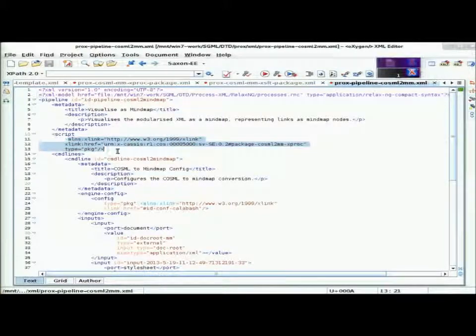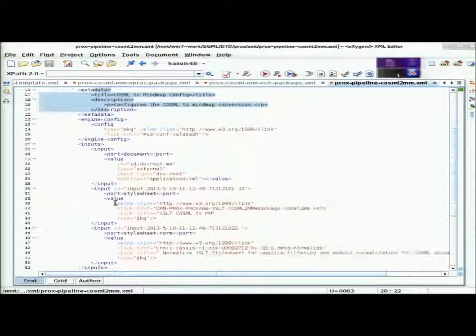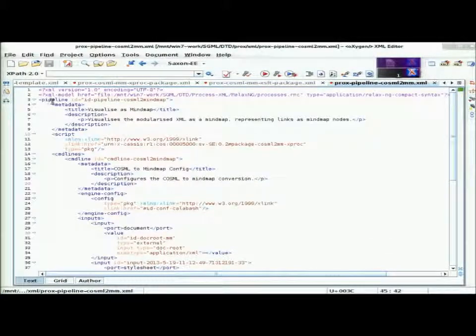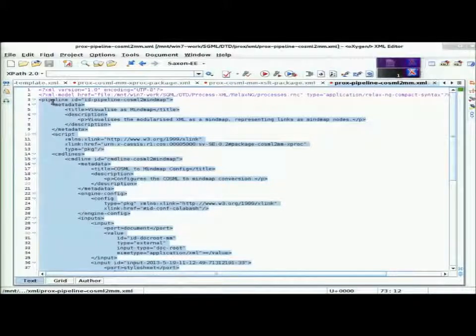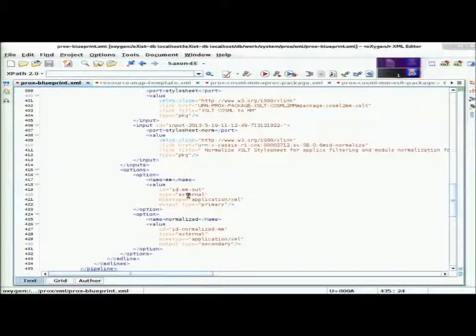There's an actual pipeline definition, a link to the package, the pipeline package. There's some metadata I want to appear in the XForm. And all these are the defined input bindings. There's a normalizing style sheet here, Norm. So let's paste this. There we are. Save that and